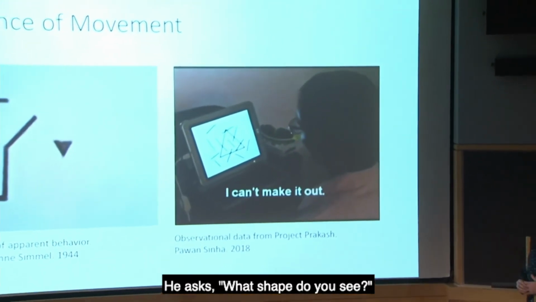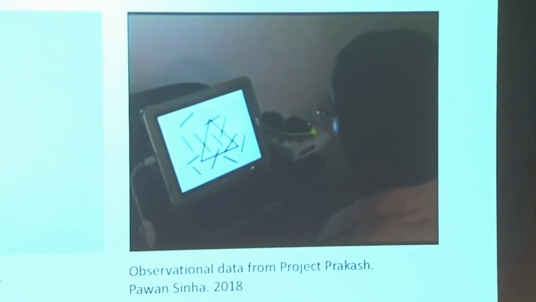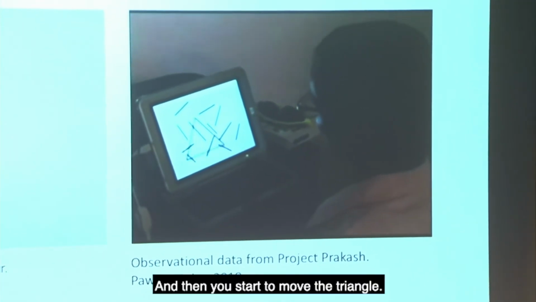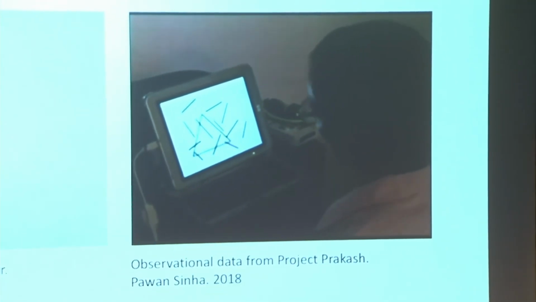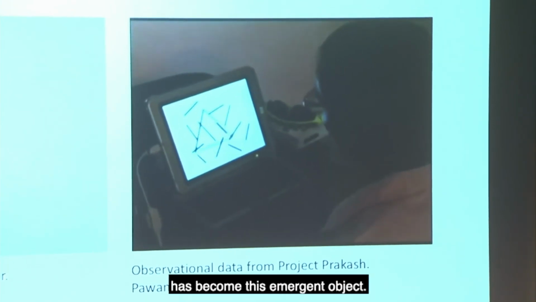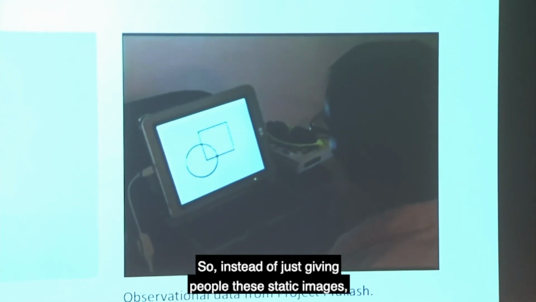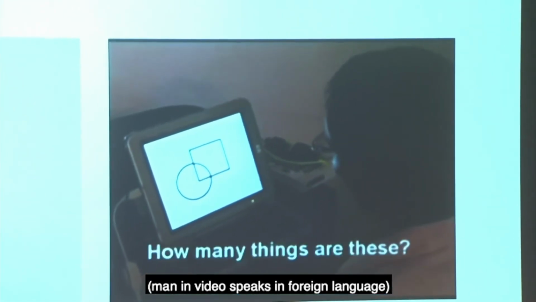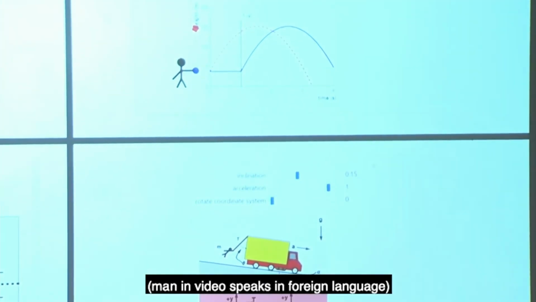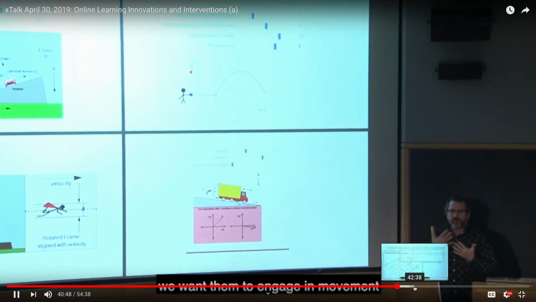So yes, what shape do you see? And the kid says, I can't make it out. And then you start to move the triangle. And now the triangle has become this emergent object. So instead of just giving people static images, we want them to engage in movement so that we can get